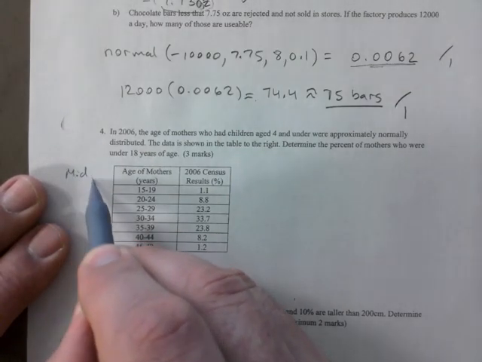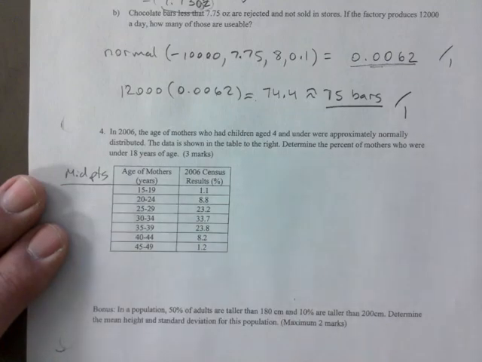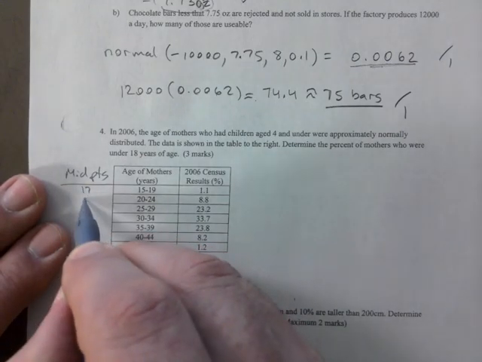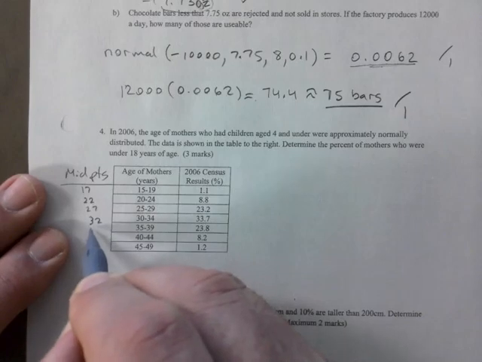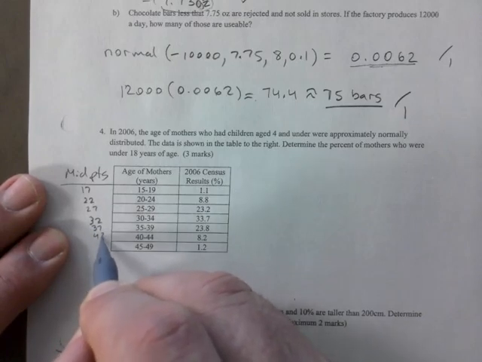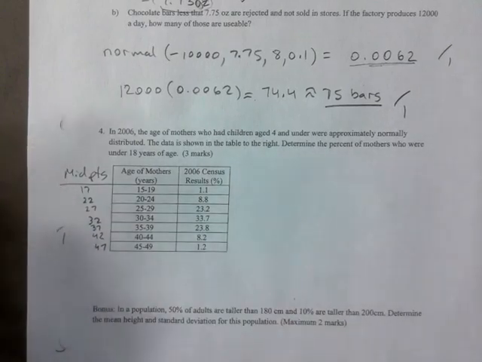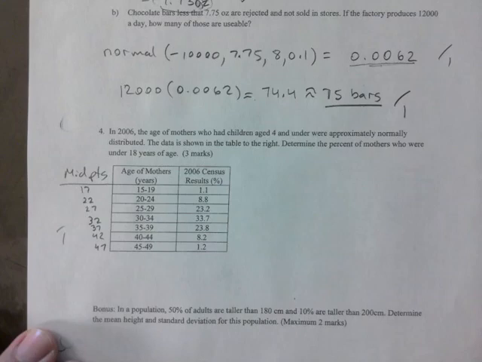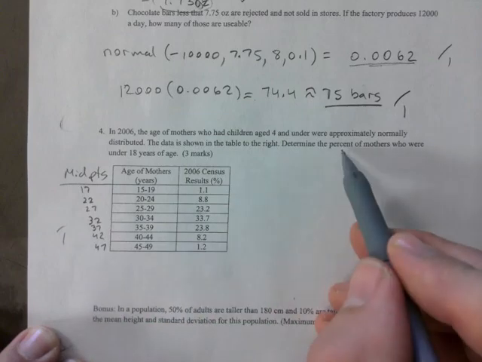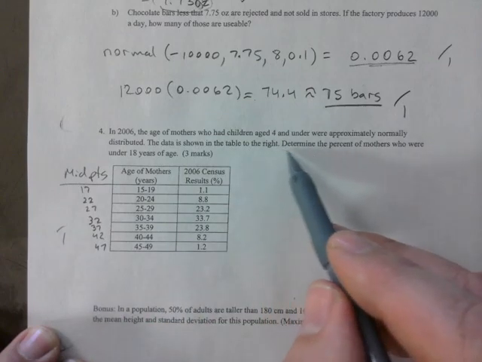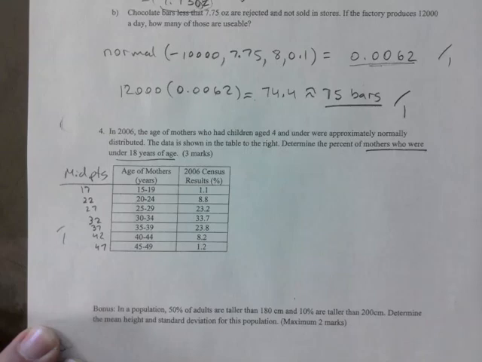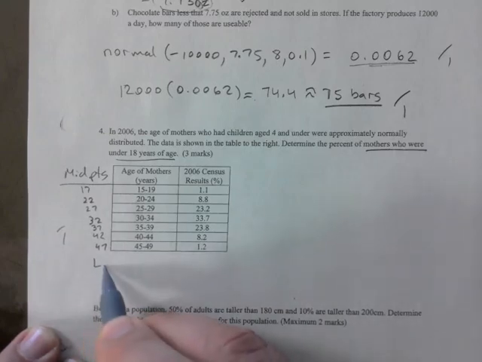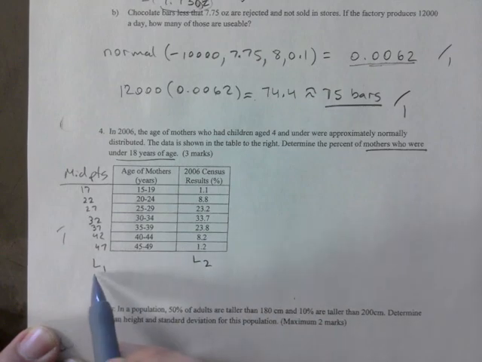First thing you should have recognized is this one definitely needs midpoints, okay? So the midpoints are 17, 22, 27, 32, 37, 42, 47. So you get a mark for doing the midpoints. Sorry, that's very crooked, but no marks for that being straight. And it's asking to determine the percent of mothers who were under 18 years of age. So what you need to do here is first figure out the mean and the standard deviation,